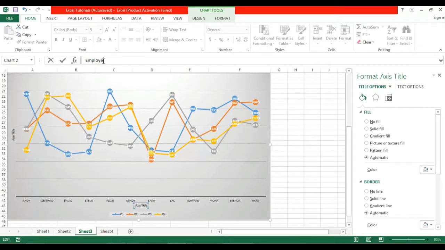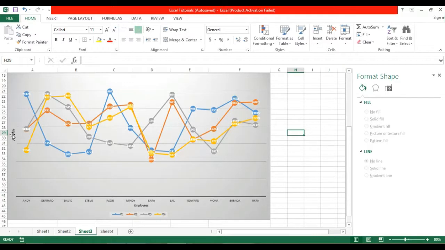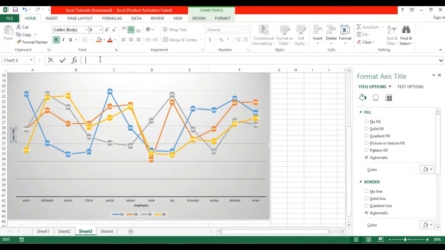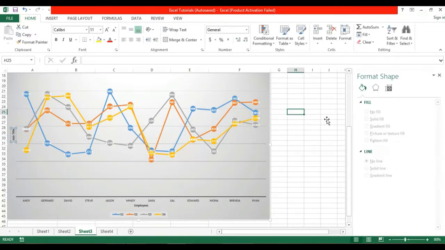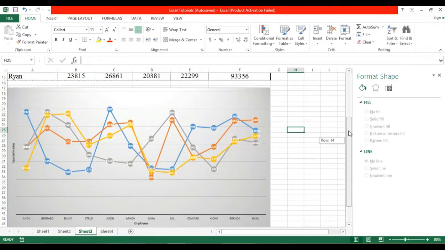Our employees are on the x-axis, and on the y-axis we have our sales, quarterly sales. Here we go. So this is a nice comparison